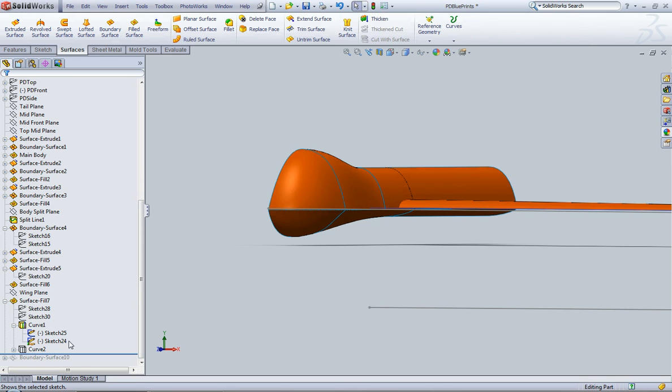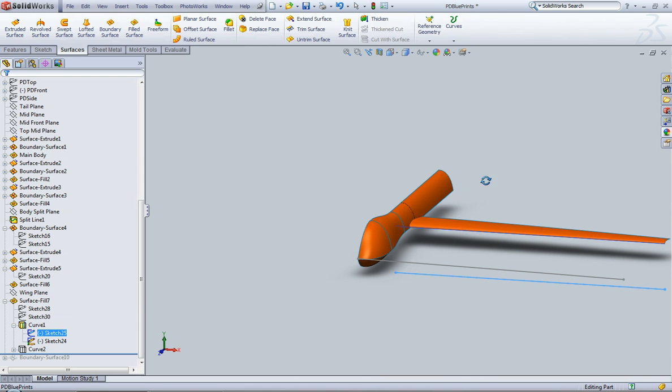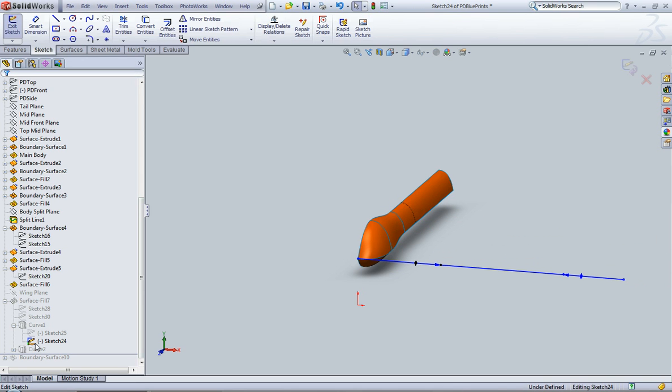So the sketch 25 was our top-down sketch of the wing. Not really going to be a problem. We're not shifting the wing forward or backward. Really all we need to worry about is the sketch 24. And if you remember, we used this twice. We used it